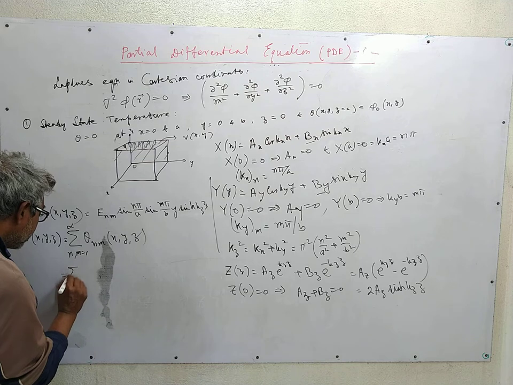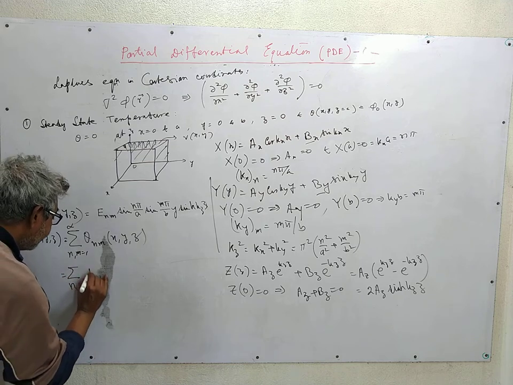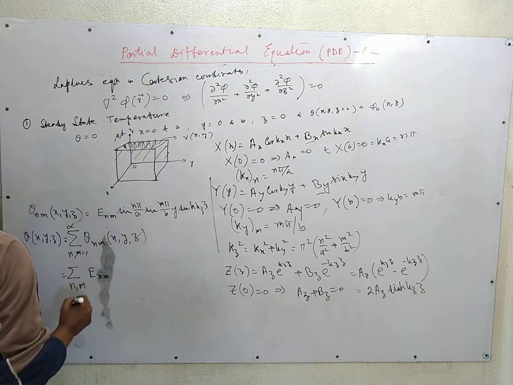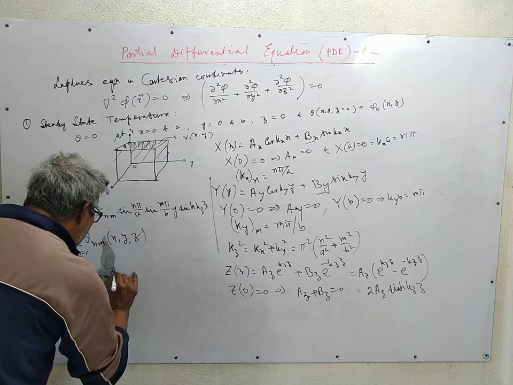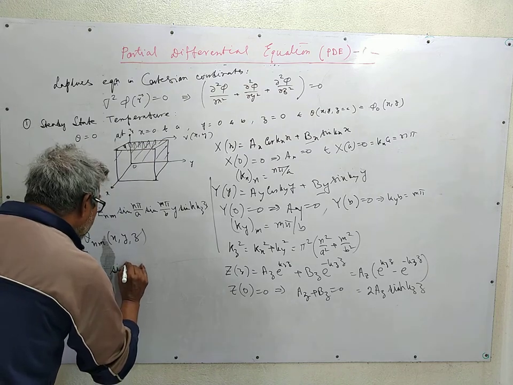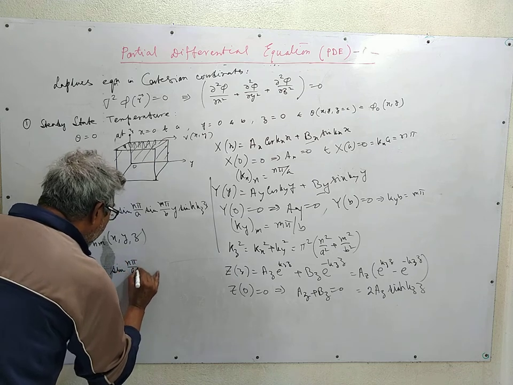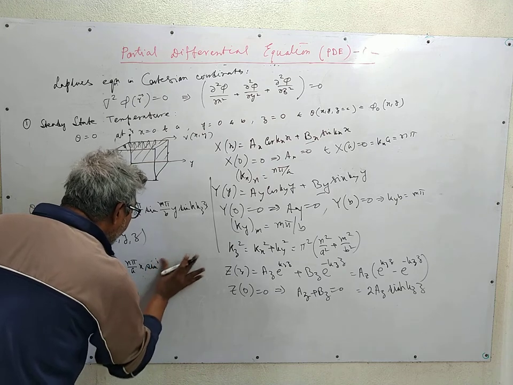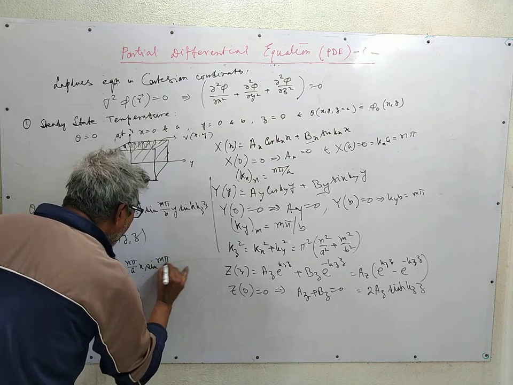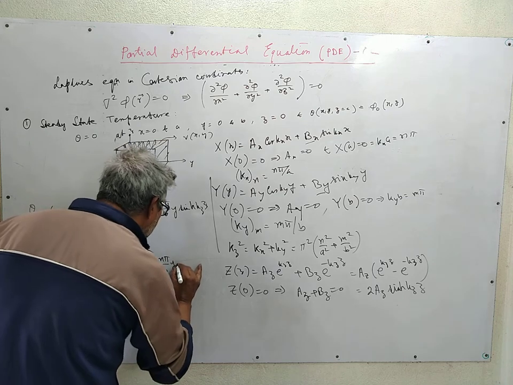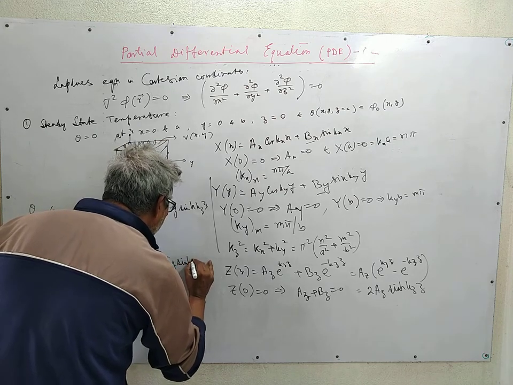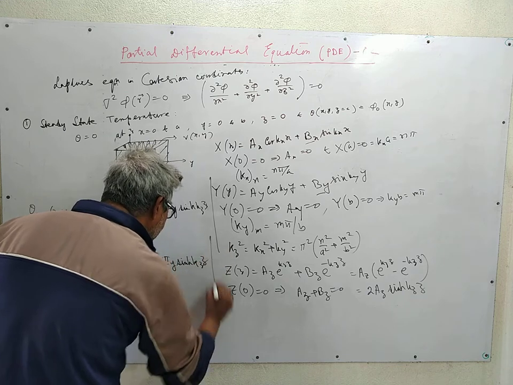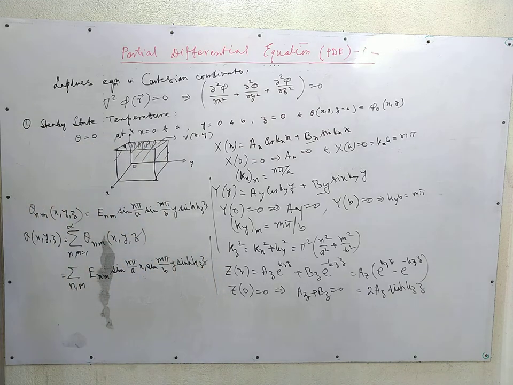So this is summation over n m of E n m, sine of n pi x by a, sine of m pi y by b, sine hyperbolic kz z. Now we apply the last boundary condition, that at z is equal to c,